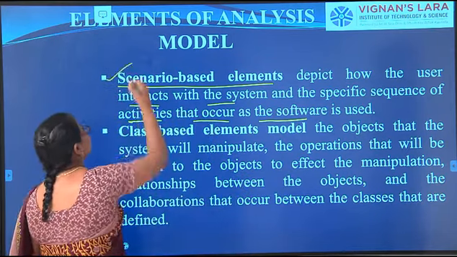So the next one is the behavioral elements. What are the behavioral elements? We have seen the two models; the next one is the behavior. It depicts how external events change the state of the system or the classes that reside within it. External events are events after the development of the software, where changes are applied externally.